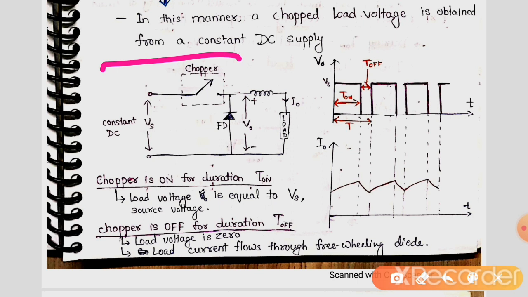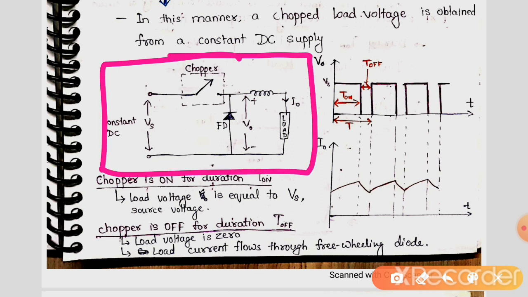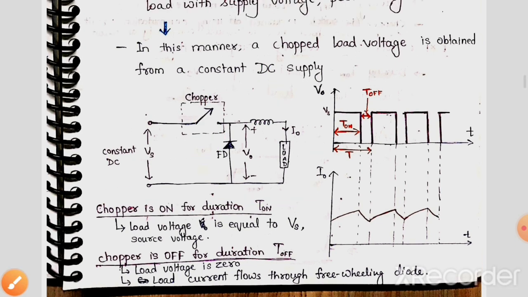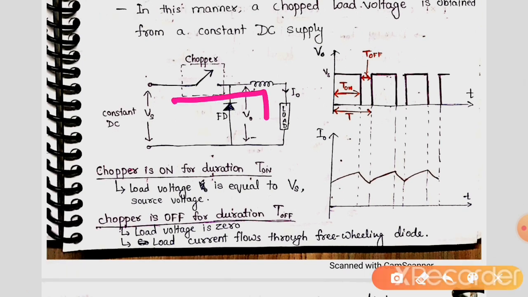This circuit is representing the step down chopper circuit. Here this one is the semiconductor switch, which may be a thyristor or IGBT or MOSFET. Then we have an inductor which stores the energy when this switch is closed. When this switch is closed, then current flows in the circuit in this manner, and the inductor will store energy. And when we turn off the switch, when this switch is open, then current will flow in this manner.